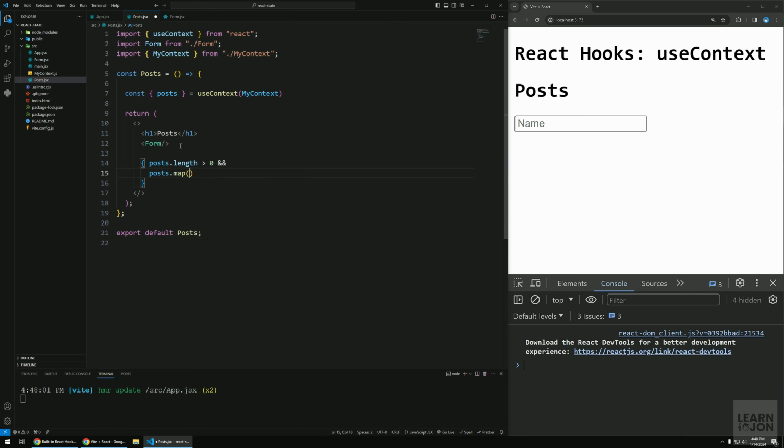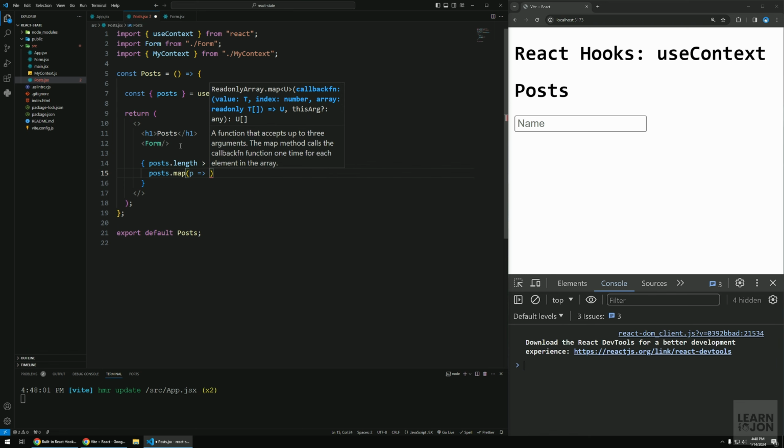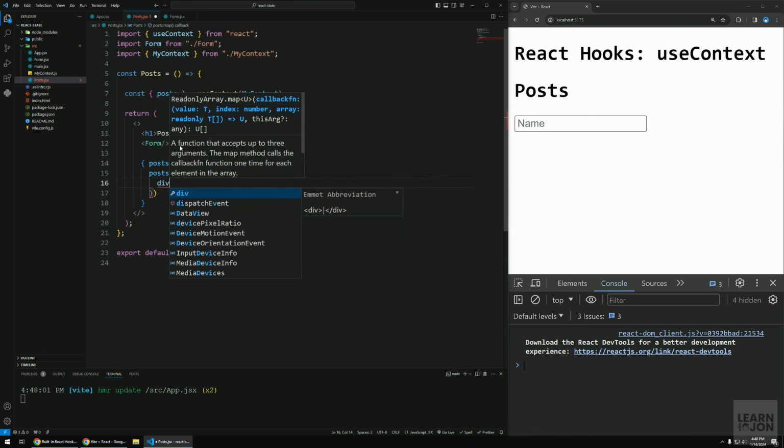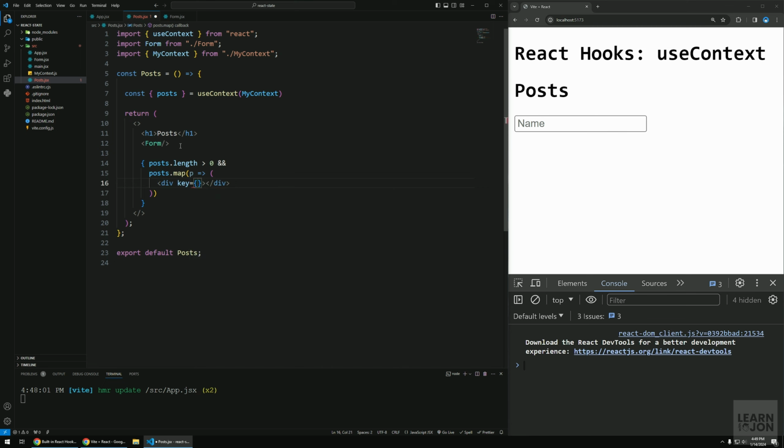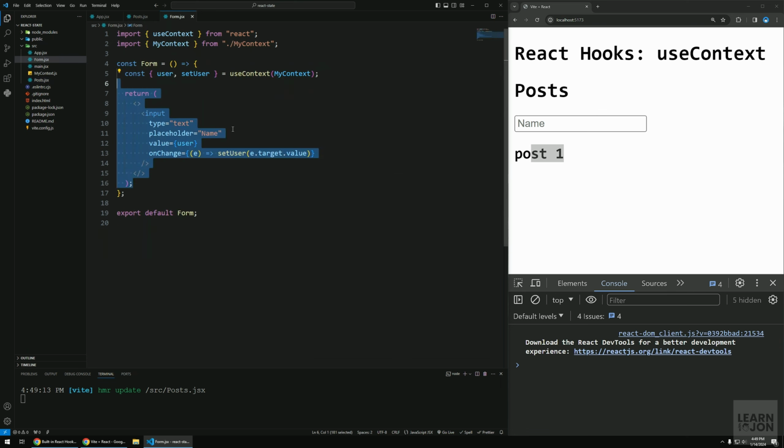So posts.map, and for every post, I'm going to have a markup that is just a div where the key is post ID and then an h2 that is going to be post title. That's it. So let's save this one. We get our title for our first post, and we want to go to the form now and type inside